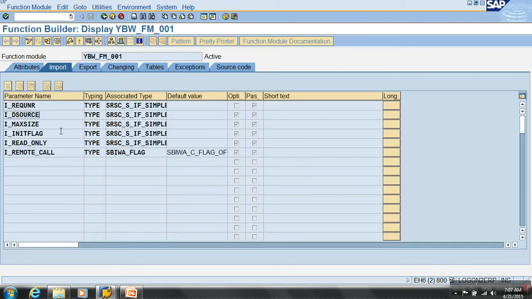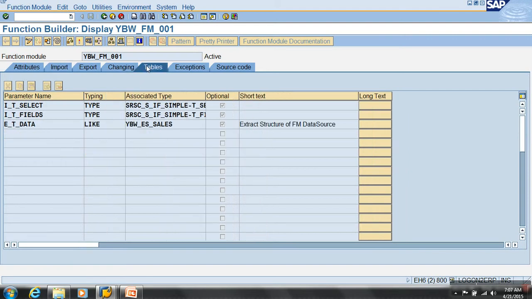See, does your function model have some import parameters? What do you mean by imports? When the function model is called, you pass values to those input parameters. And tables are also filled. When you use tables, they can be filled while calling it or they can be exposed also. Two ways are possible. Say while calling the function model, I can fill the tables, and whatever is filled in, I can take it back also. Anything is possible when I use tables. These are all internal tables. Anything declared in these tables is what? Internal tables. Okay.